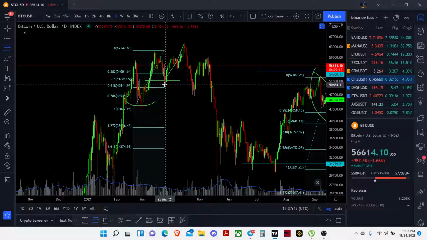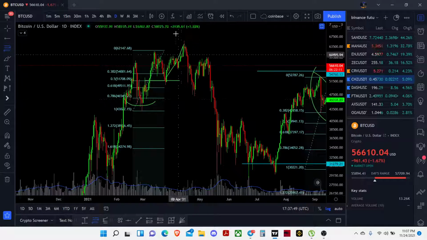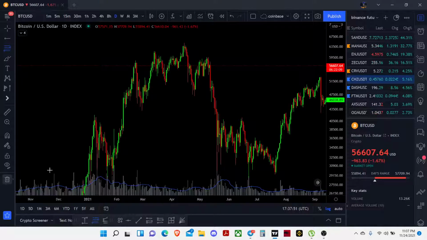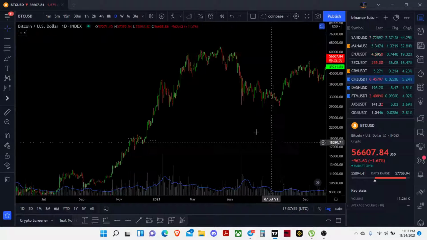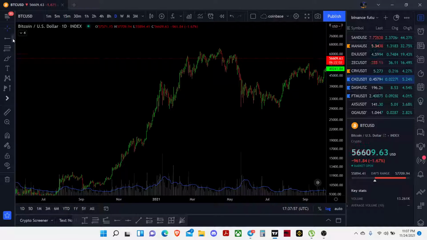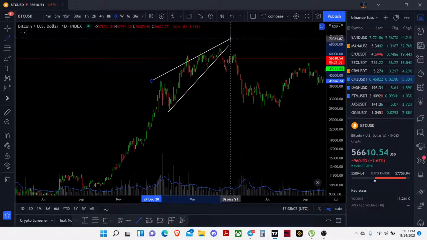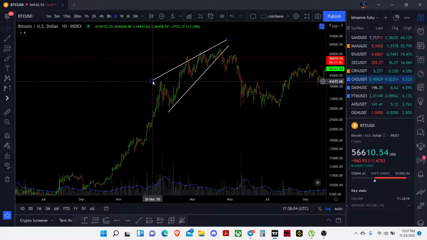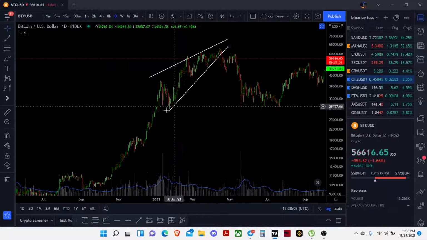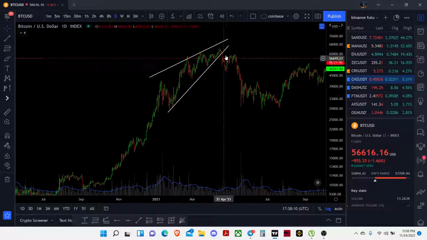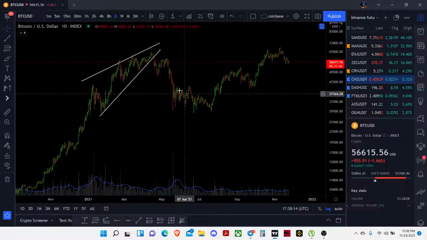So let's take another move back down. In this case, it was a tremendous move down because there were some reasons for that. The first reason was we broke the rising wedge that we had over there. You can see that this is a rising wedge pattern. Normally, if you're taking the target of a rising wedge, we take the bottom of the rising wedge, where the wedge channel starts. So that's why it played out.